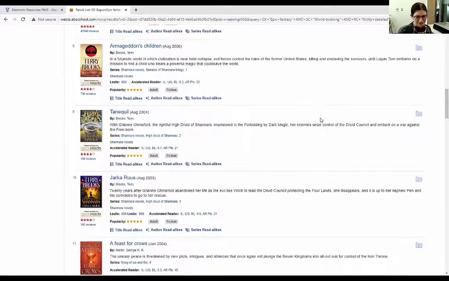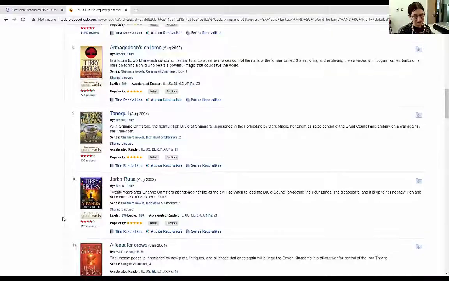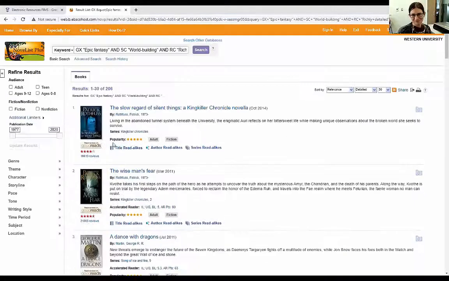And a good way to know that it's working is if you see a number of other books that you've read that you know have those same qualities. So going back,